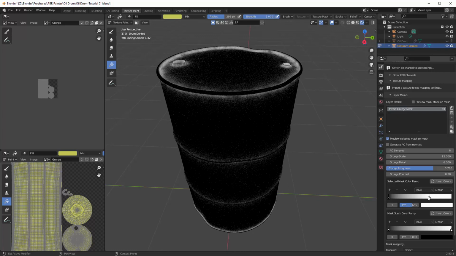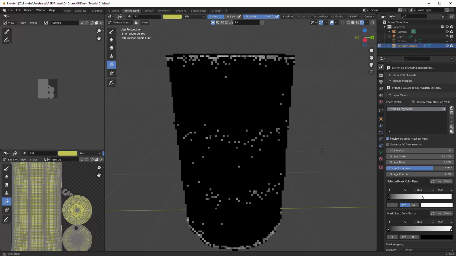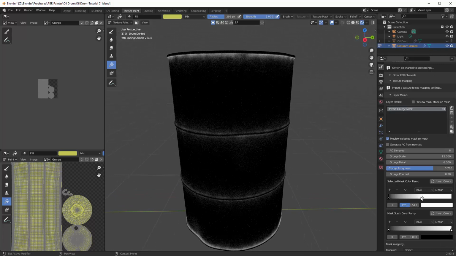Like I say, a lot of it's going to be hidden anyway, but I think